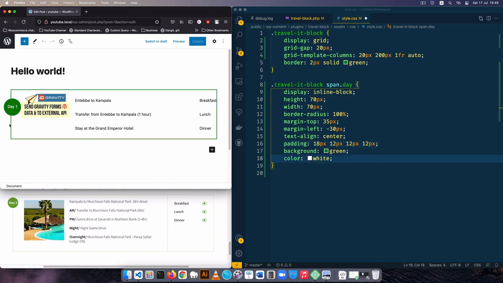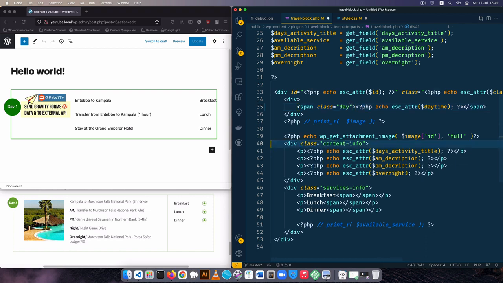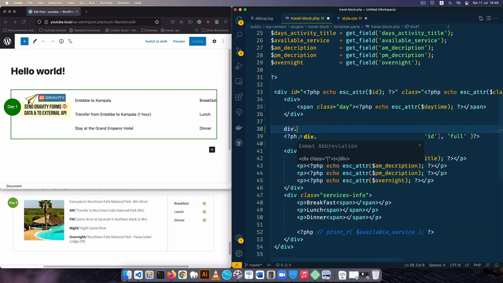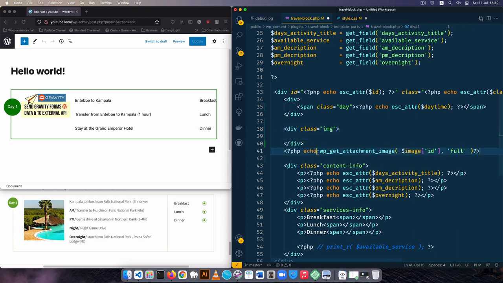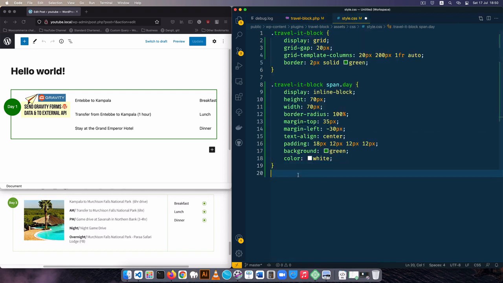So we have this the way we want it to look like for now, and now I'm going to focus on this particular image. So I'll come back to our HTML, have a look at it, and I see we have so many things that are locked in here, so I'll remove all those things that have been commented out, like this print R. I'm going to give this its own container, and also I'm going to call this div with image, and then I'll push this PHP inside here, and then I can go to my styles and actually add it here. So I'll copy this Travel It block, and then I'll say if we go to a div